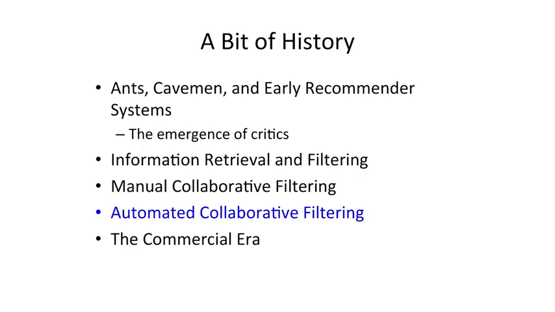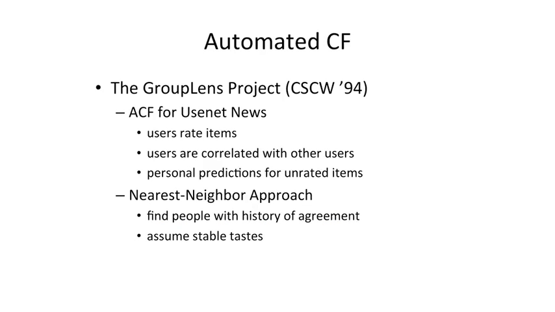Automated collaborative filtering, which is the first system that became known as a recommender system, started with the GroupLens project. This work, done in the early 1990s, did automated collaborative filtering for Usenet News. These are discussion lists filled with postings, which even back then, and indeed still today, people felt were mostly not very good, even if they were on topic. But buried in there were lots of gems that you wish you could get to without having to read through all the stuff that wasn't good.